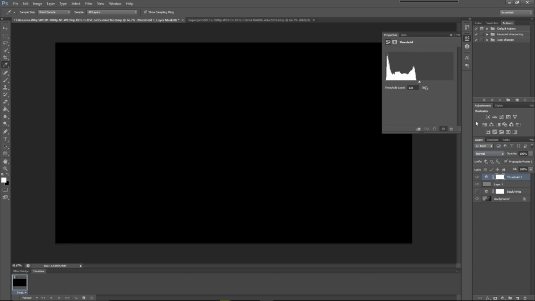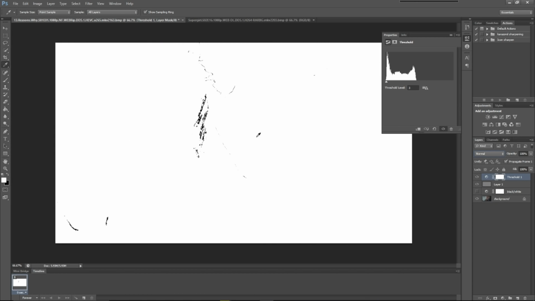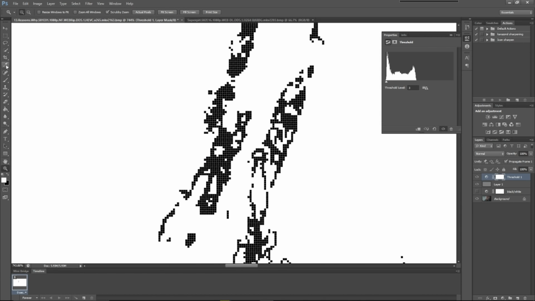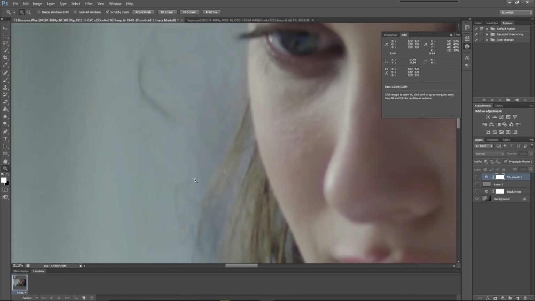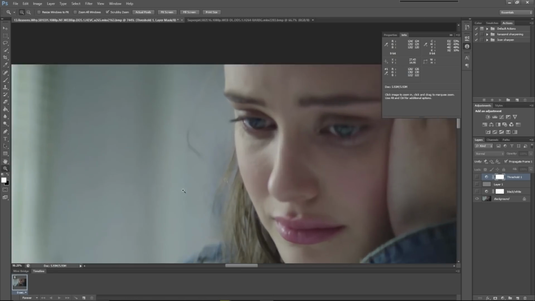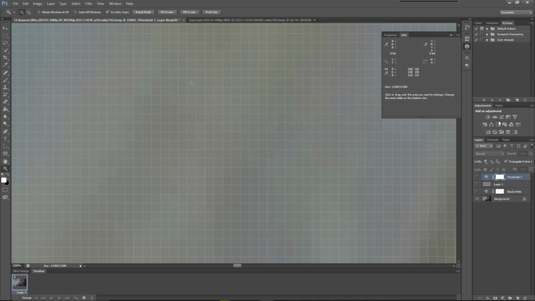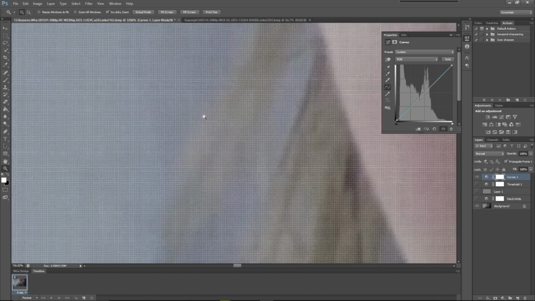But I'm going to help you out a little bit more. We're going to go to Threshold, and we're going to drag this point all the way to the left where there's just a little bit showing, so you can see on these black points here is where it's closest to that 50% gray. So if we zoom in, I'm going to grab our eyedropper tool, hold down Shift, and I'm going to drop a sample point right there. I'm going to hide these two layers that we just did. You can see that point right there is where our closest to 50% gray is. So if we zoom all the way in, I'm going to select curves. I'm going to select that middle eyedropper tool for the grays, and I'm going to select our point. Now if we zoom out,